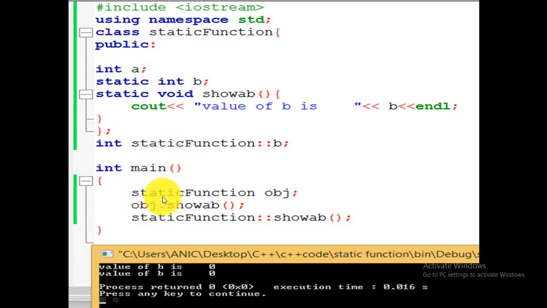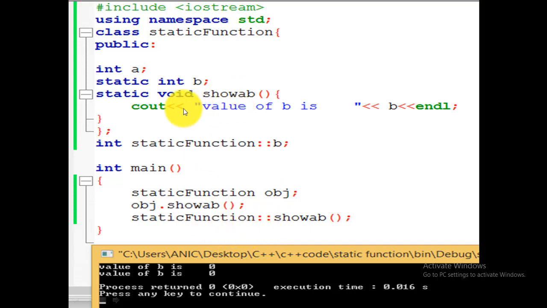So in the main section, we created an object named obj, and we call the showAb function, which is a static function, with the object name. At the same time, we call the showAb function with the class name, that is static function, followed by the scope resolution operator.